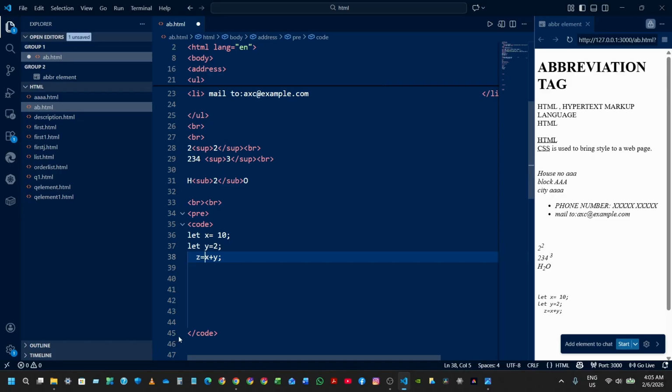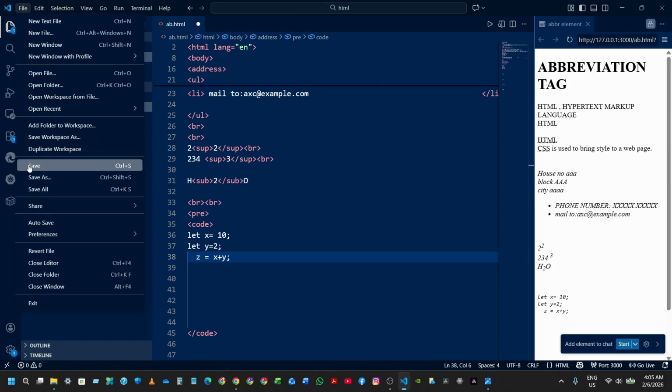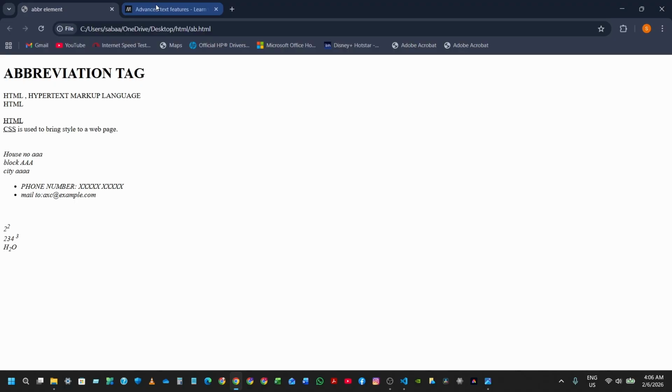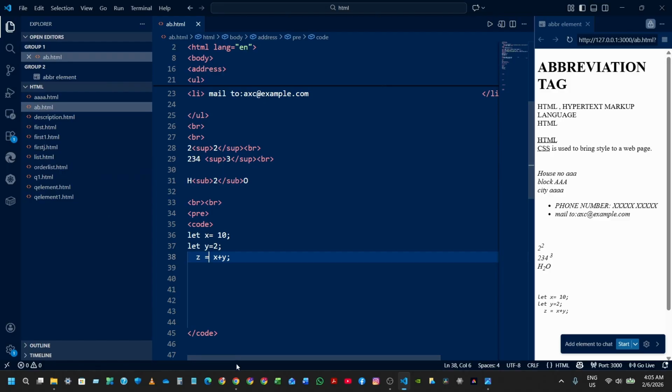Suppose we have taken one space, and if we increase the space, you can see the space is taken into consideration as it is. Let's file, save. Then